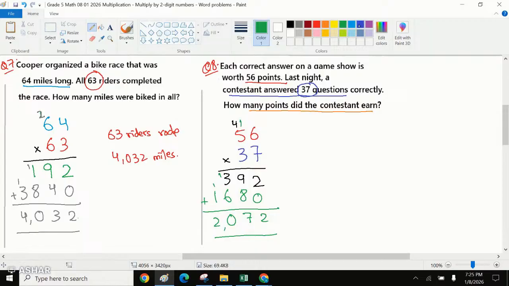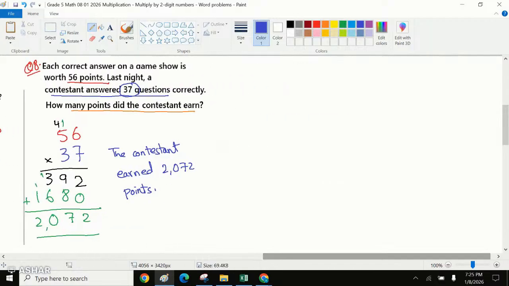Let's confirm, 2072. So we can say the contestant earned 2072 points for the correct answer. Okay. So these were the total number of points. Those were earned. Let's see, the next question we have is,